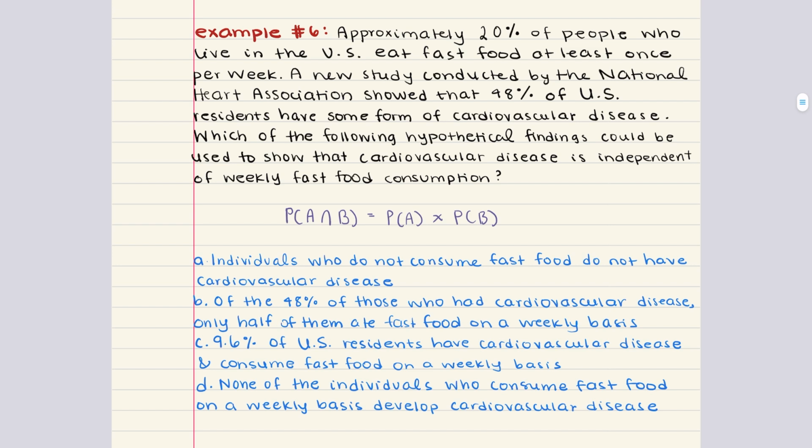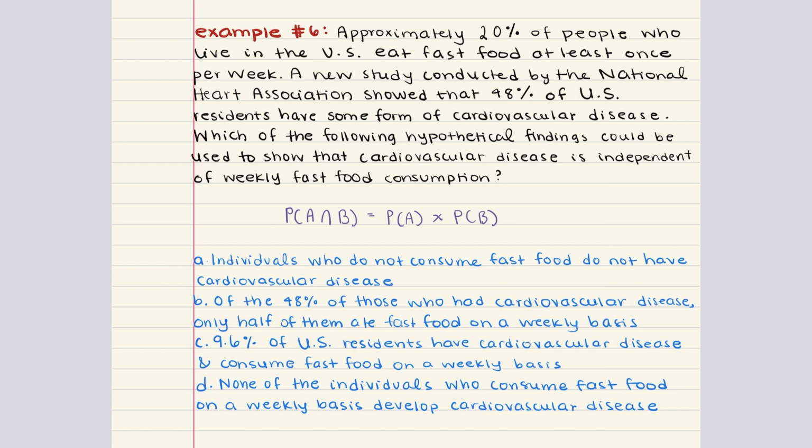A new study conducted by the National Heart Association showed that 48% of US residents have some form of cardiovascular disease. Which of the following hypothetical findings could be used to show that cardiovascular disease is independent of weekly fast food consumption? To determine whether cardiovascular disease is independent of weekly fast food consumption, we need to understand what independence